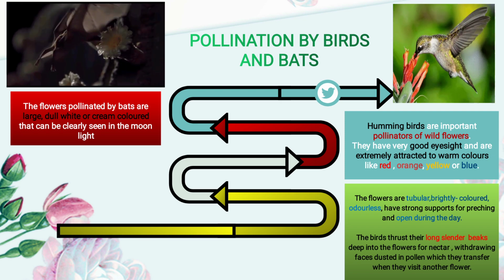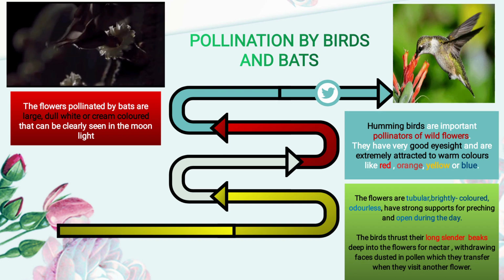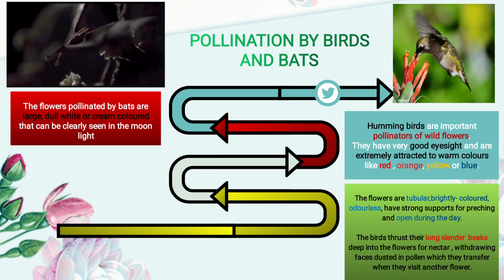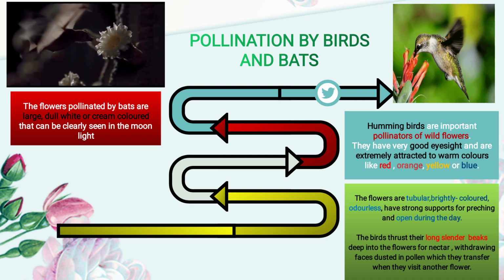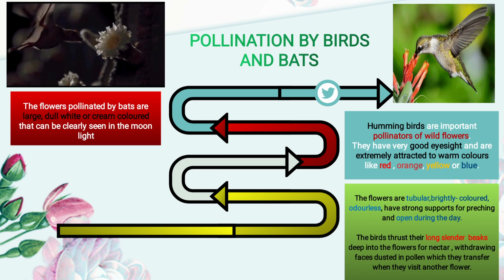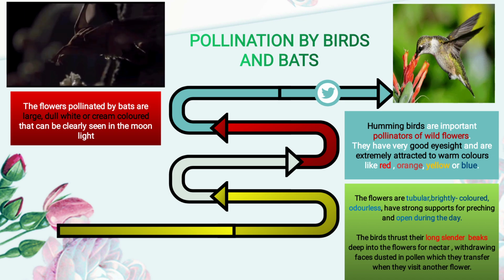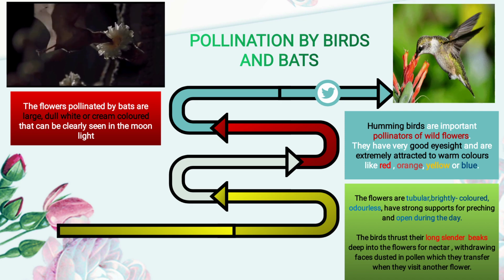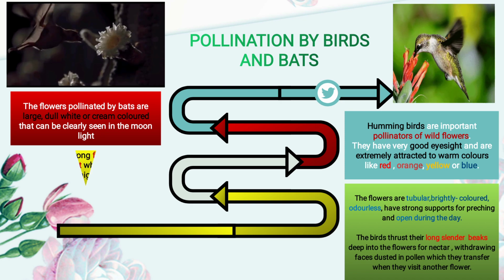Now you see the bat is visiting the flower. The bat is not collecting nectar. When an insect is sitting on the flower for the collection of nectar, that bat is going to eat that insect present in the flower. So while it goes to catch the insect present in the flower, a few pollen grains will attach to the bat's body also. Okay, and when the bat goes to another flower, a few pollen grains will fall off and fertilization will take place.